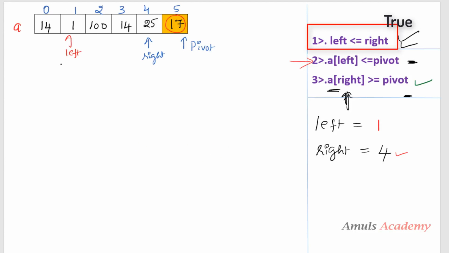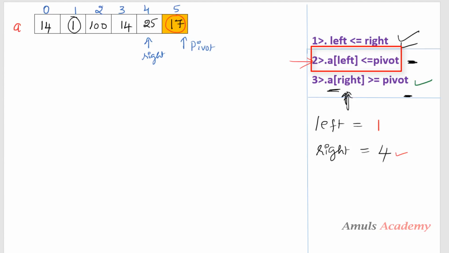So we'll start from the left side. Here we can see the value 1. I'll check whether 1 is smaller than or equal to 17. Yes. If yes, then I need to move towards the next value, right? So left will point here now. Here left value becomes 2.